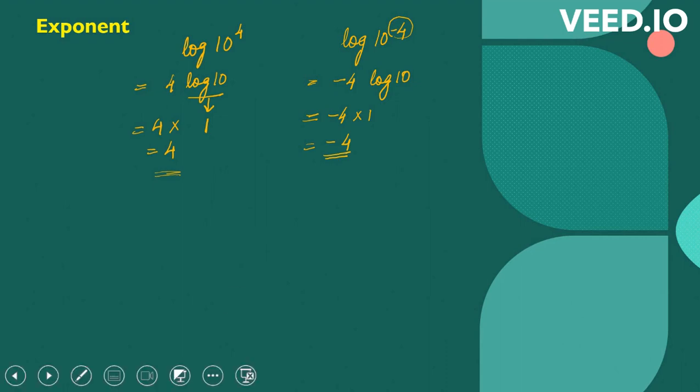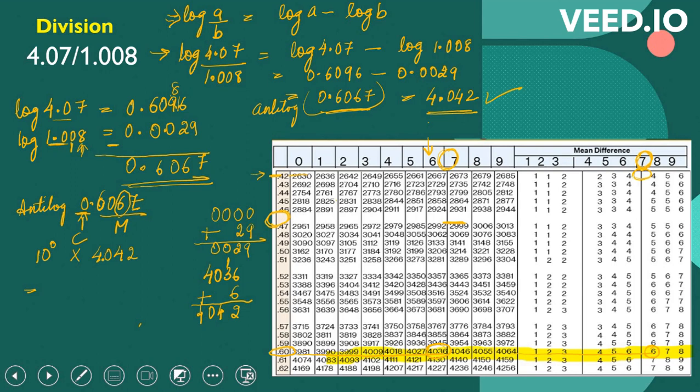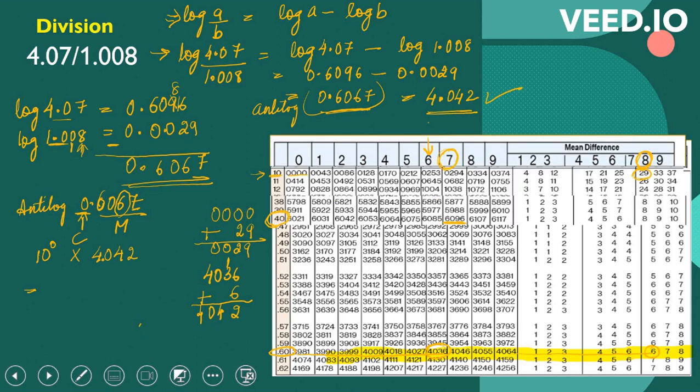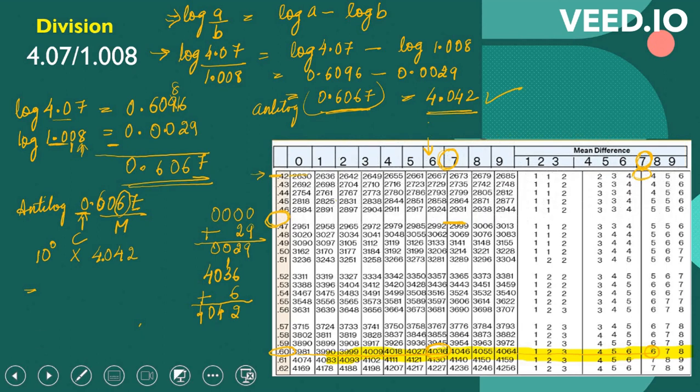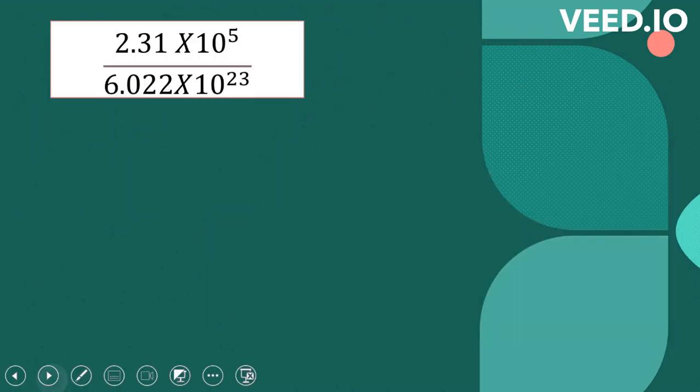One more thing, students, I want to say: if the log value that you obtain here is negative, either in division or multiplication, what you are supposed to do is convert it into a positive value, then find the anti-log of that value. So be careful with that while you're doing the questions. Now let's